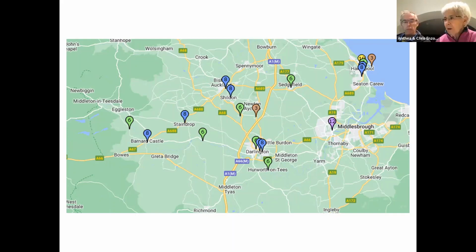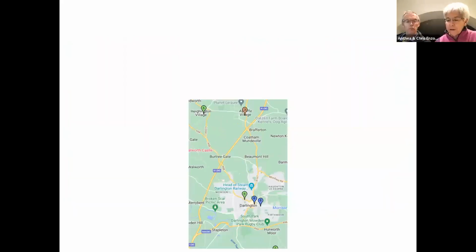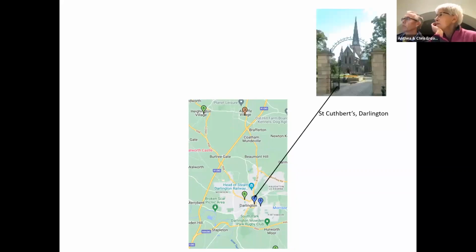We are very close to the border with the Cleveland and North Yorkshire branch, and we have very good cross cooperation with them, and also with ringers in the central district of the Durham and Newcastle Association. So the towers in Darlington that were involved in initially setting up the teaching centre are St